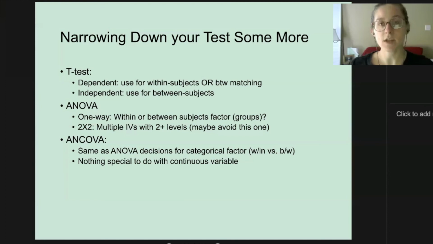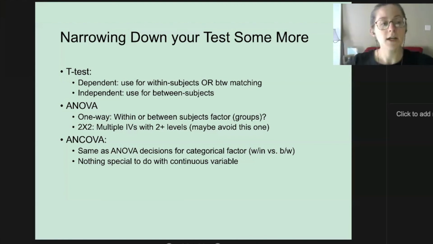But the within subjects one, you're probably not going to use again, but that would be your one group of participants taking the same test three or more times. And that would be called a repeated measures one-way ANOVA. If you had instead three separate groups of participants who all took the same test, that would be a between subjects factor, and that would be just a regular plain old one-way ANOVA. You can also have an ANOVA with two independent variables that have two or more levels, but I discourage you from doing that. So maybe don't add a categorical covariate in this situation